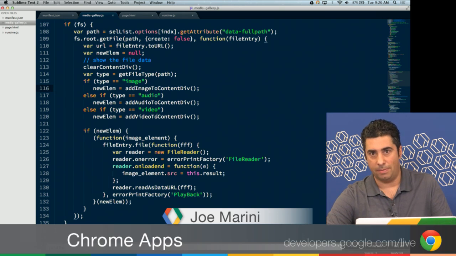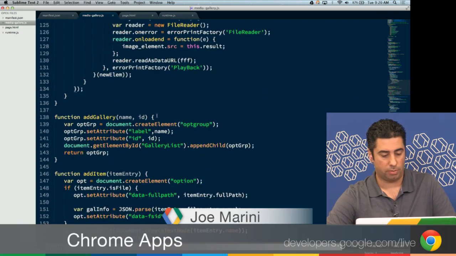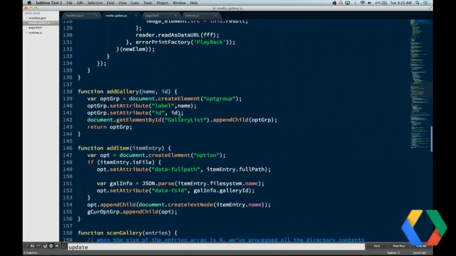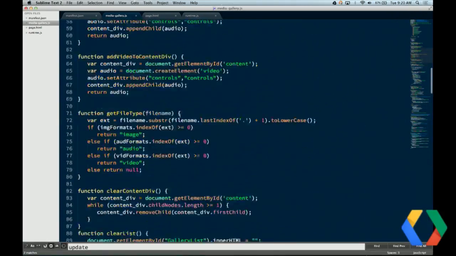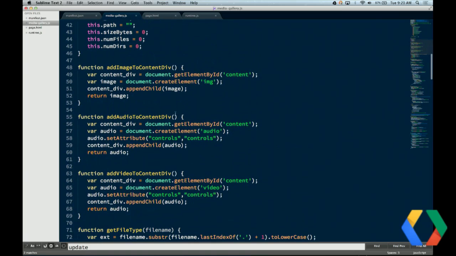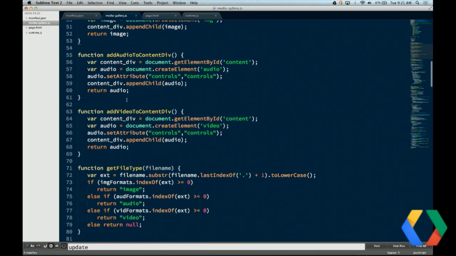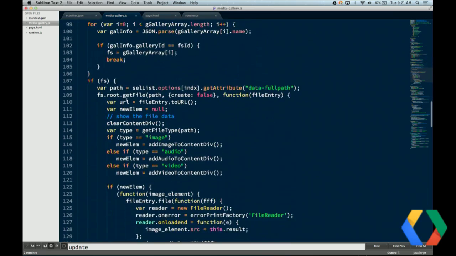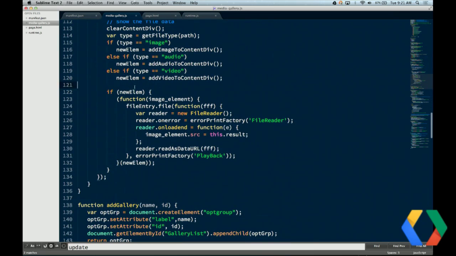Let's just take a look at the add image case, because the rest of them are pretty much carbon copies. So for adding a picture item, this function right here, add image to content div, all it does is create an image element, append the image element into the content div, and then return that image element back to the calling function. So back down here, assuming the new element was created, I have a function